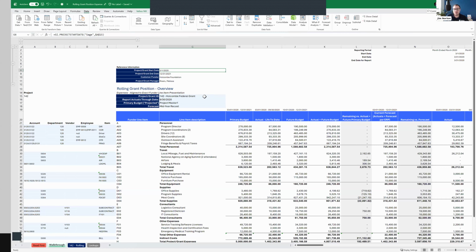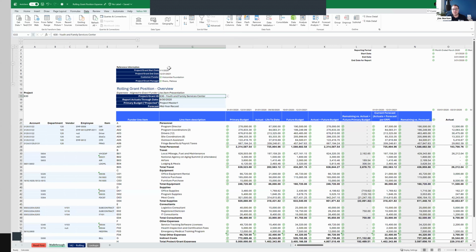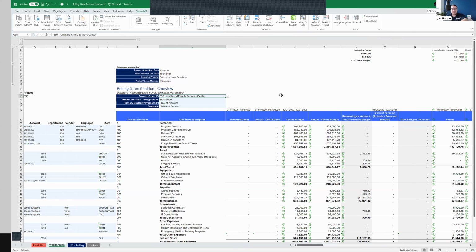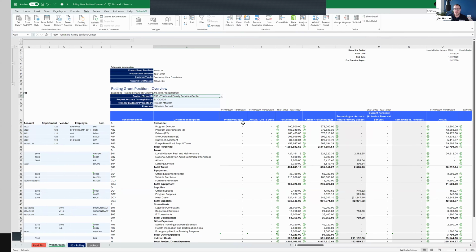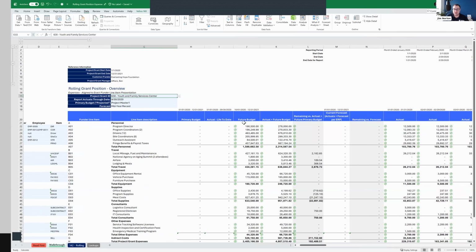As I change this, let's say, for example, I change this to project or grant 630. Maybe the same funder gives us this. Look at all this changing live. So I see the project start and end dates have changed. This information has changed. All of this information underneath me is changing and transforming so that I can see the picture for that particular project or grant.